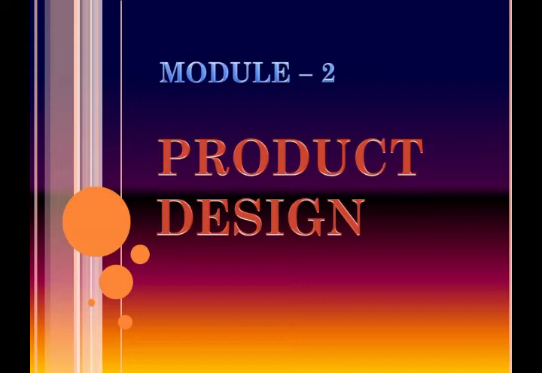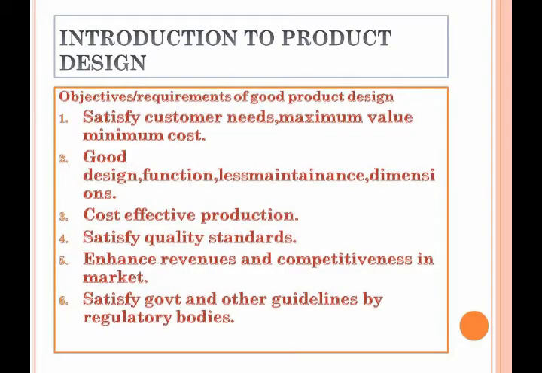How does a product design normally start? Normally the product design starts with a single idea, and this idea will be developed into many concepts, like what the physical properties of that product are, the look of the product, then how the product can be used, that means the customer satisfaction. So to satisfy the customer, what requirements are necessary for that product, and also how to make that product, like the operations involved. All these things will be planned, and that is the design.